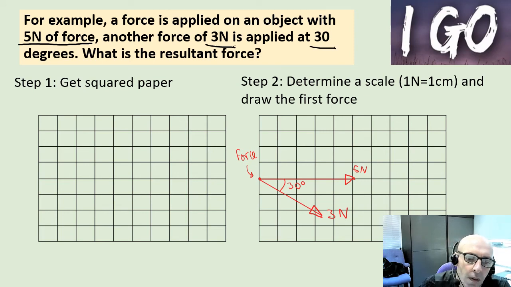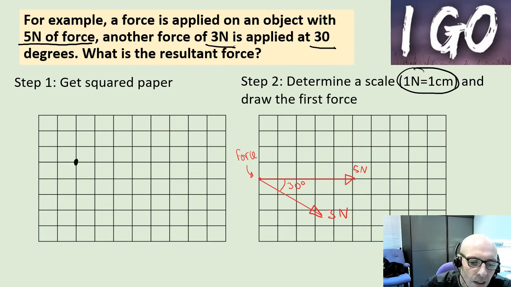So what we do is, all you have to do, and you'll be given squared paper or graph paper on an exam paper to do this, and you just use a ruler to draw a scale diagram. On here, for example, we've decided on a scale, because it's squared paper, of 1 Newton per centimetre. So all I'm going to do is I'm going to go, here's my object,